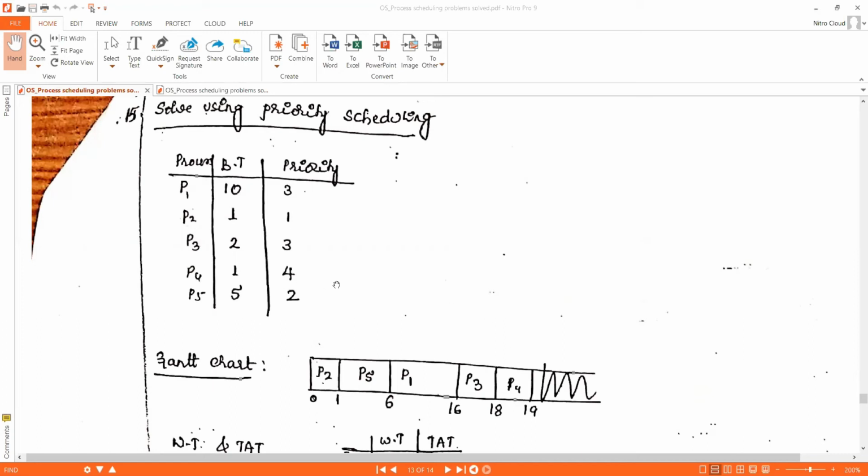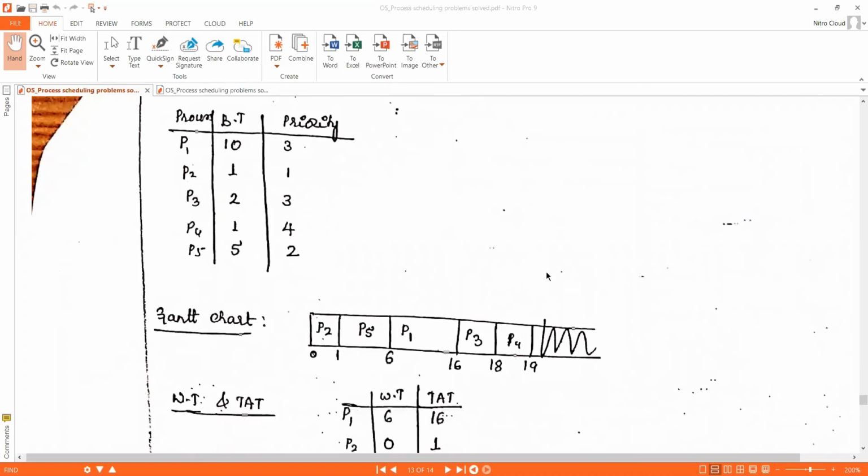Now, which process is there in the ready queue? That is process 4. For process 4, CPU will be allocated and it will execute for, what is the burst time of process 4? It is 1 millisecond. Okay, so for 1 millisecond, CPU will execute process 4. At clock time 19 milliseconds, CPU will complete its execution. Understood this?